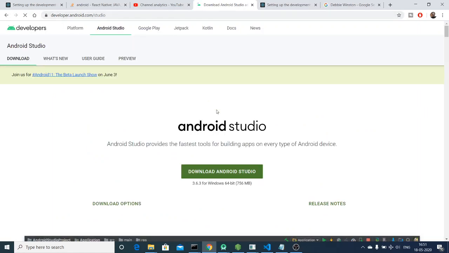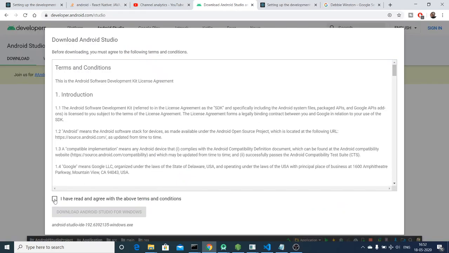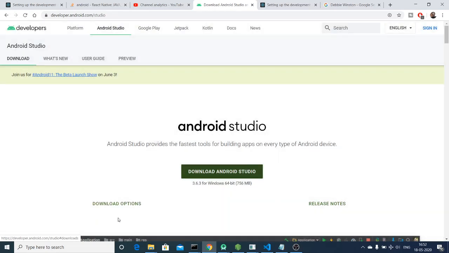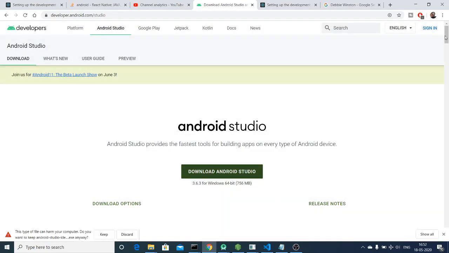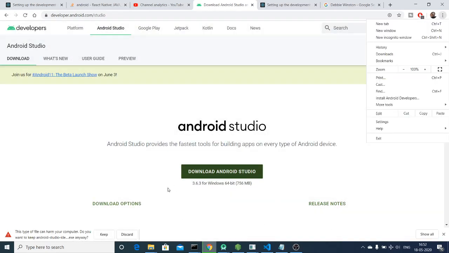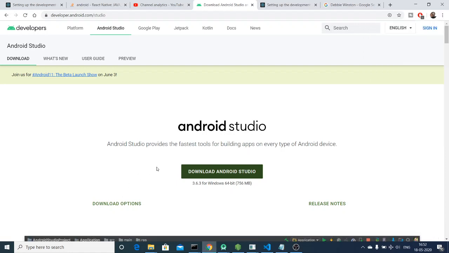So go to developer.android.com and download this 756 MB file, which is for a 64-bit computer. Just click on this download button and the download will instantly start. Click on I agree to the terms and conditions and then click the download button. I have already downloaded this, so I will not install it once again.